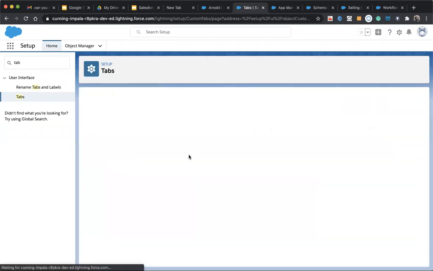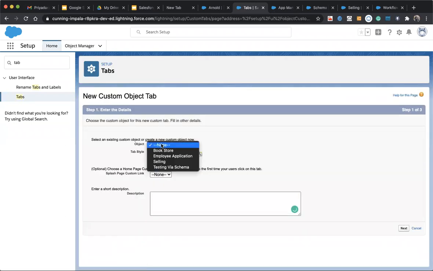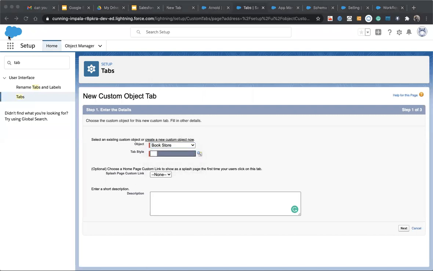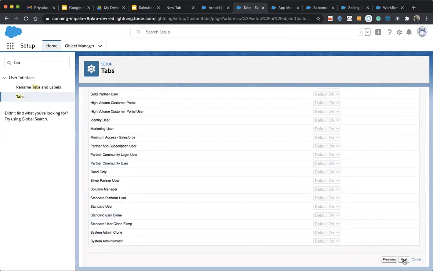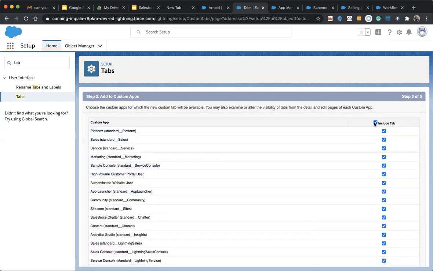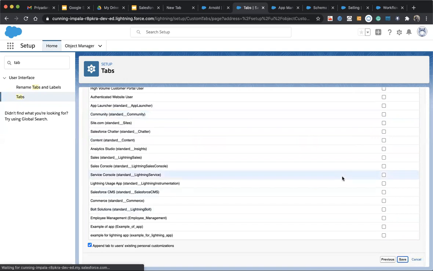And then bookstore, and then we have book. I'm not including this in any of the apps.